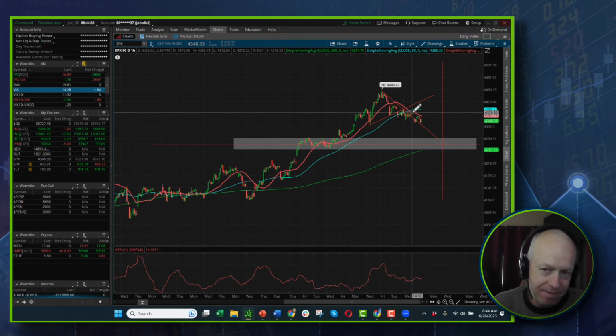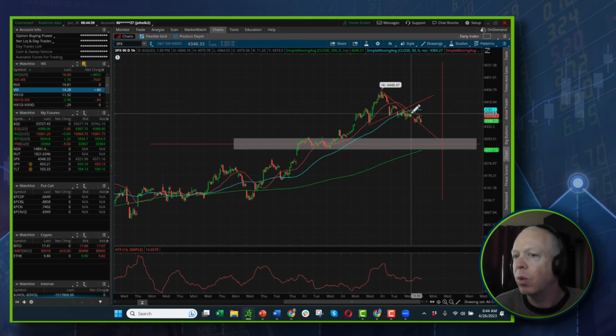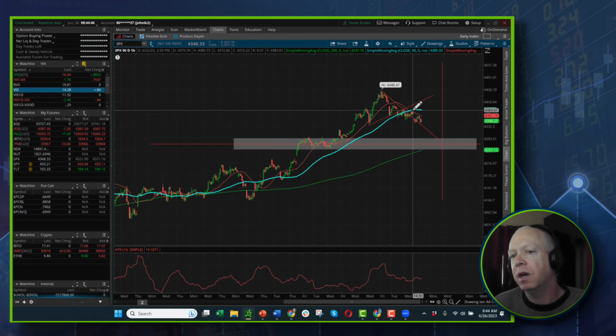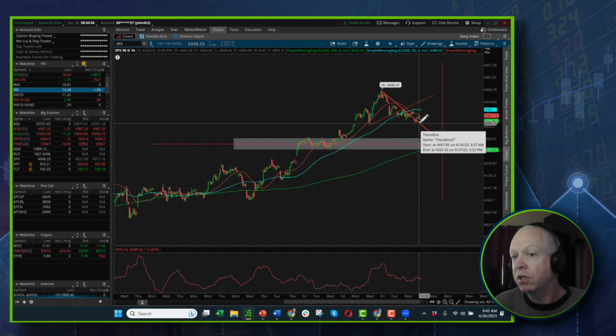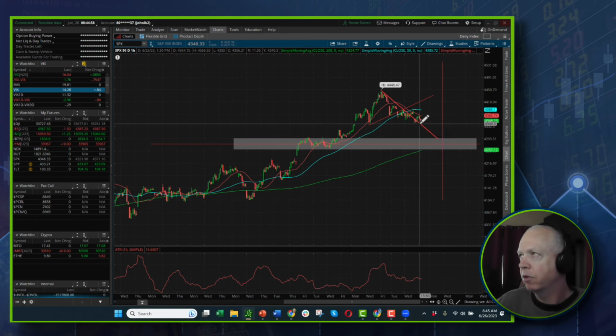This is starting to break down, okay? So this is starting to break down. So now I'm saying, oh, wait a minute. Now there's probably like a 75% chance, in my opinion, that this is going to happen. We end up breaking down here. We're holding trend line. We bounce. So now we're essentially holding a downtrend line, which is going to be our first point in monitoring for a bullish reversal here. So it's kind of deteriorating our probability of coming down here.